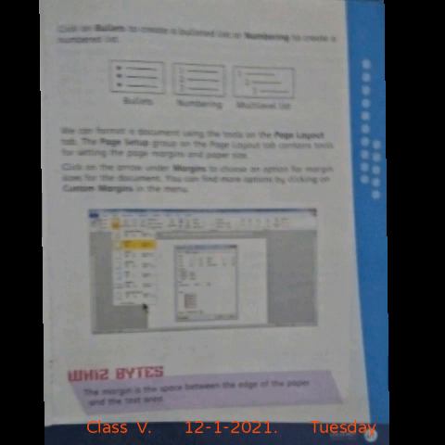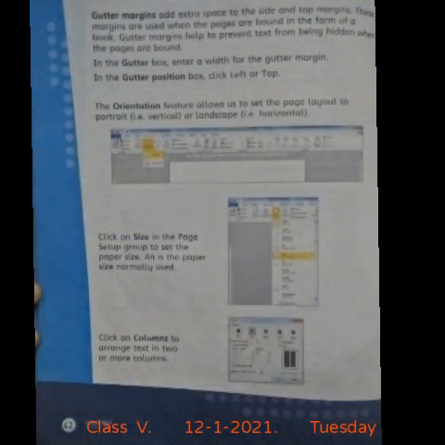Also the page layout and the margins. Then we discussed gutter margins and did the question: why is the setting for gutter margins used for printing books?